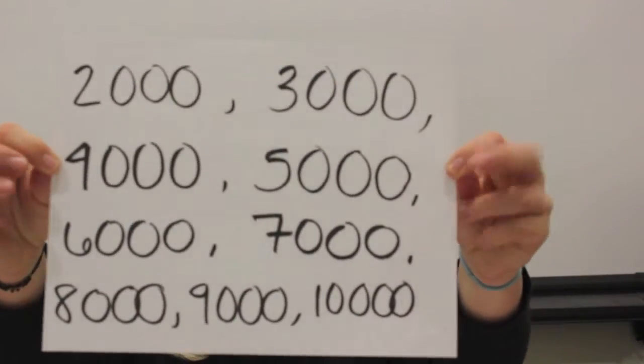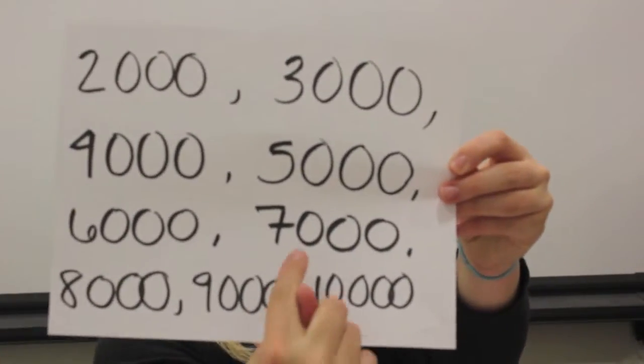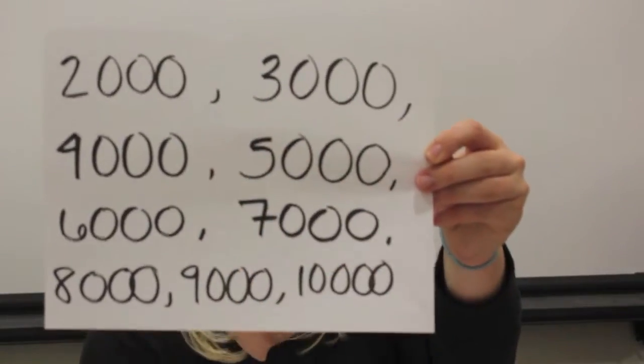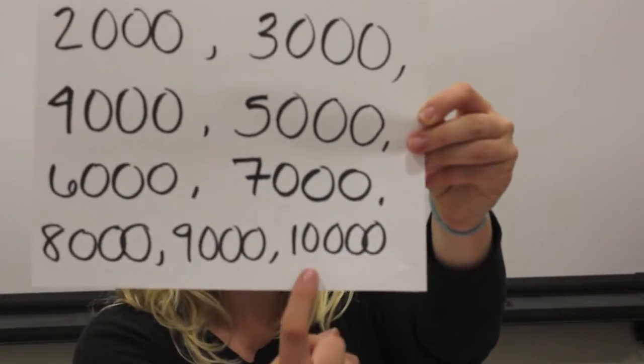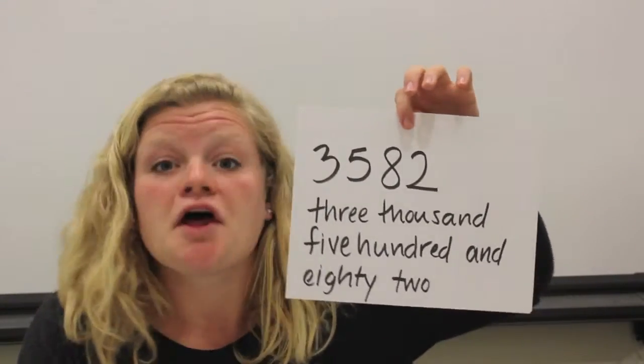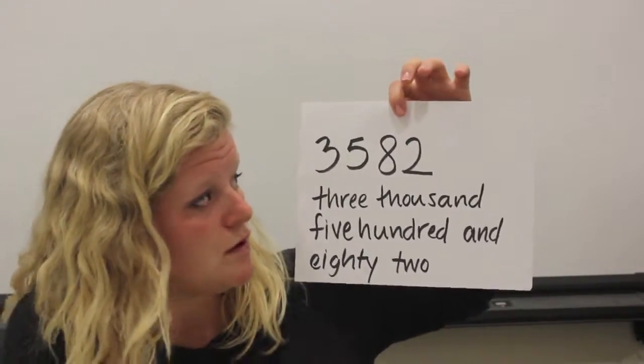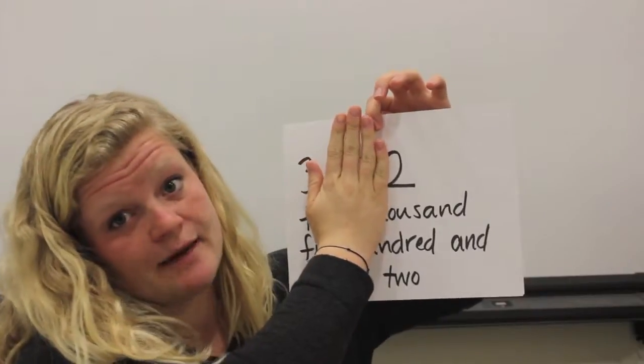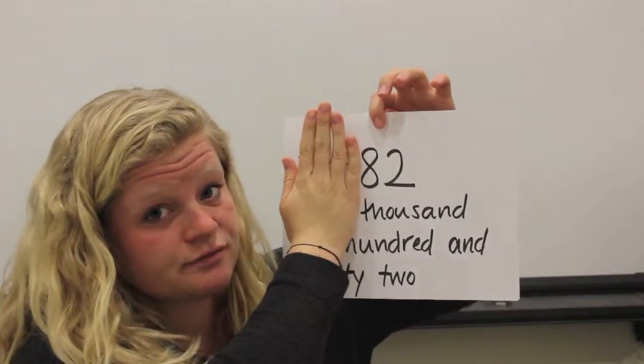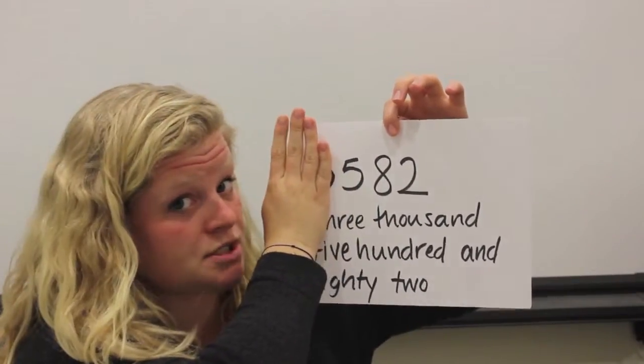So remember, each basic number had its own 100, each basic number has its own 1,000. We have 4,000, 7,000, 3,000, 9,000, and even 10,000. So if we want to combine all the different numbers, here's an example, 3,582. Remember we first saw that 2 as a basic number, then we know about 82, 582, and now